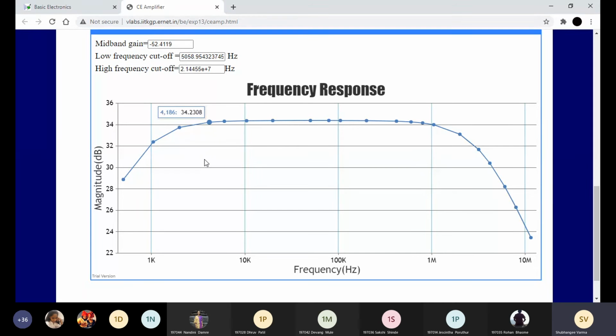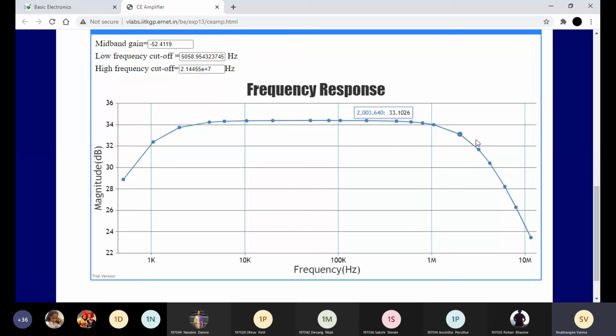That is your range, and if you draw a line from this value, you will get the lower cutoff frequency somewhere over here. 34 minus 3 dB, that is 31 or so, around here. If you draw a line over here, then you will get a lower cutoff frequency, that is 5K.